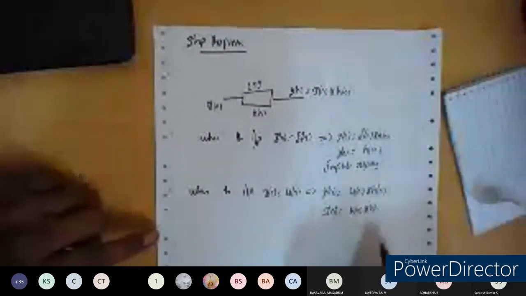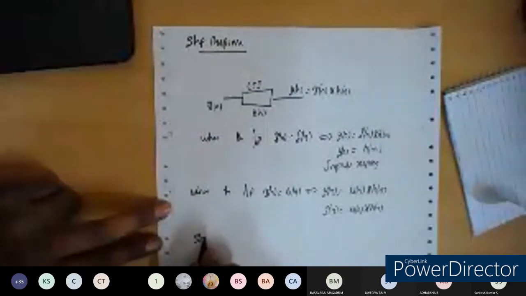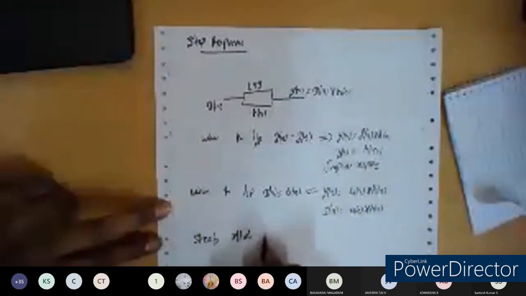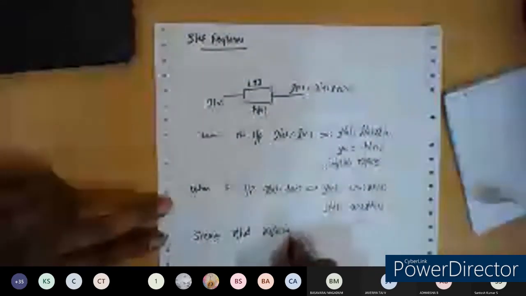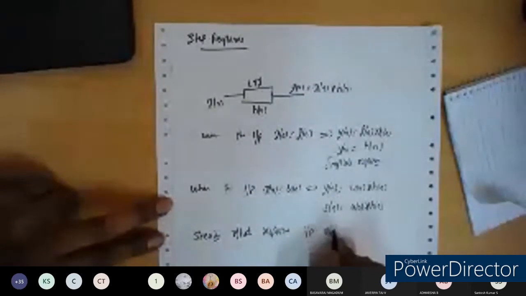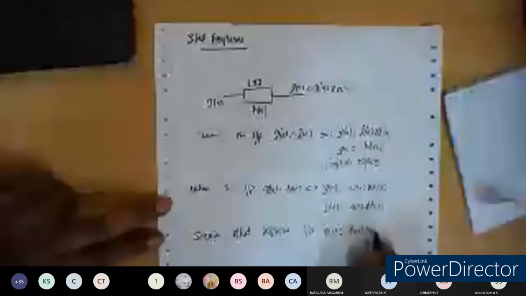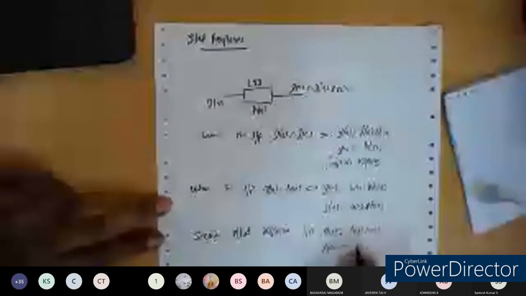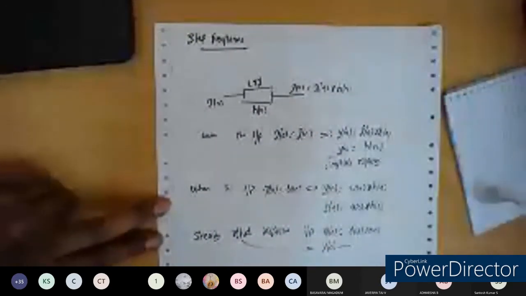Similarly, in your control systems you might have seen the other response which is called a steady state response. Have you seen that one in your control systems? Steady state response is nothing but, if the input signal x of n is equal to some time varying function like cos of 2 pi n, something like that, then whatever output you are going to get, this output you are going to call a steady state response. So that is a steady state response.